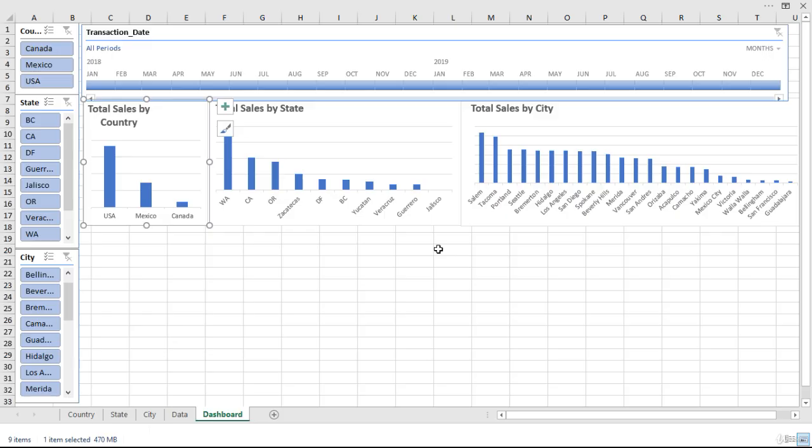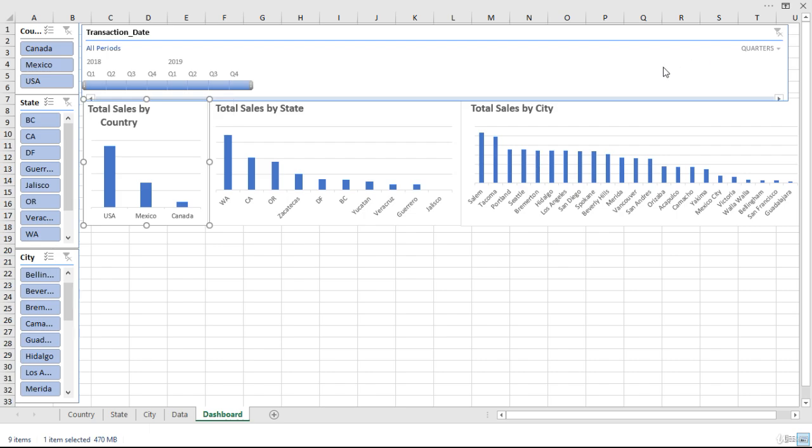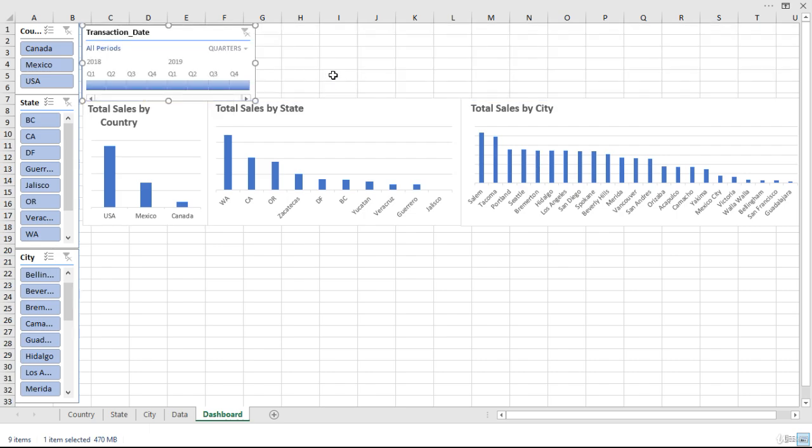But before we jump to those slicers for brand and product, let me just make this timeline smaller to be able to save some space. So I'm changing it to quarters, and in that case we have more space available here on our dashboard, and we will be adding new slicers here that will basically filter data on the basis of brand and